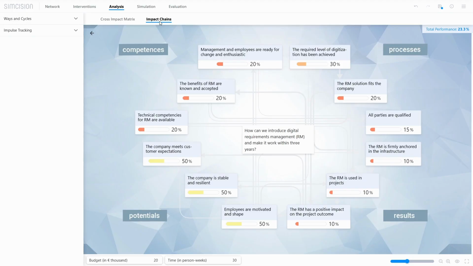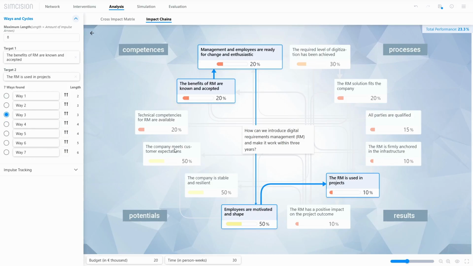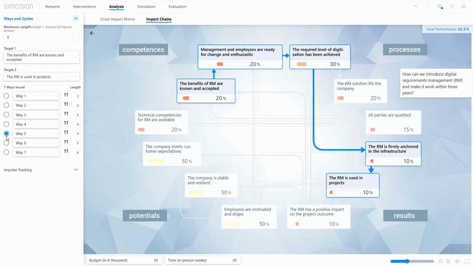In this tab, we have tools to better understand how the elements of this model are connected via relations. The first tool is Ways and Cycles. It can show you all the direct and indirect ways an element can affect another in the model. Select a starting element and an end element, and you will see a list of all possible connections between those two nodes. As you can see, there are a lot of ways that a value change can spread through relations